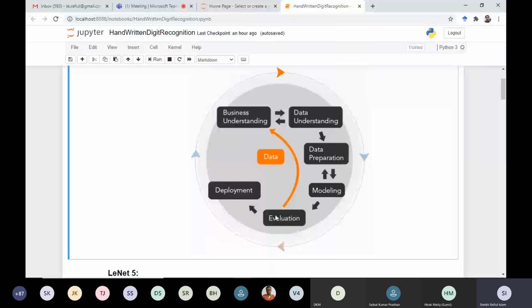And if there are continuous communications, and they are all satisfied with all the steps, then we go for production phase. So in this session, our focus will be mainly on these portions: data preparation, modeling, as well as evaluation.